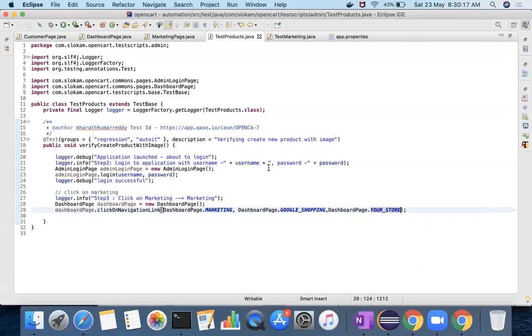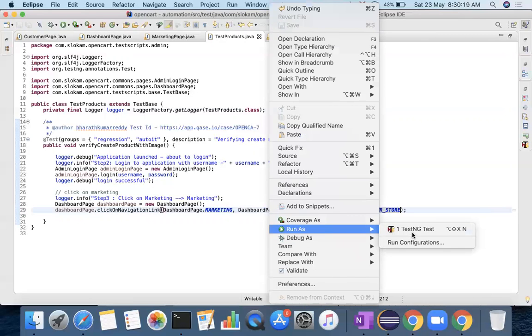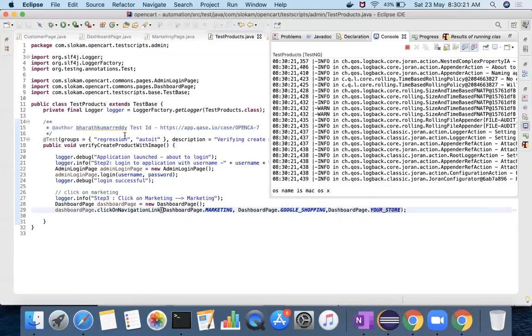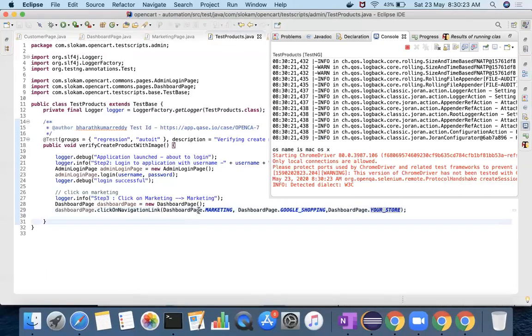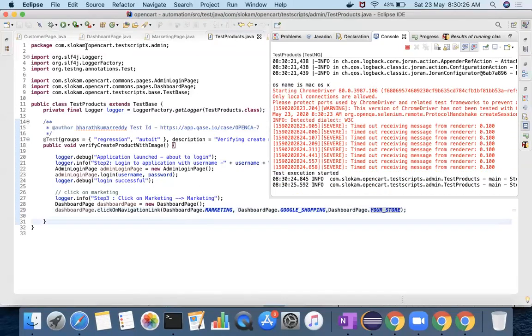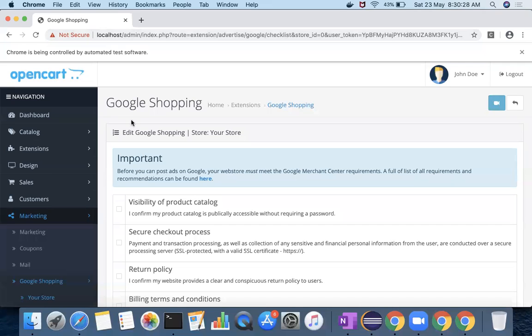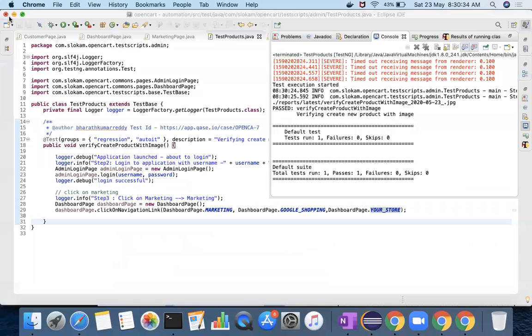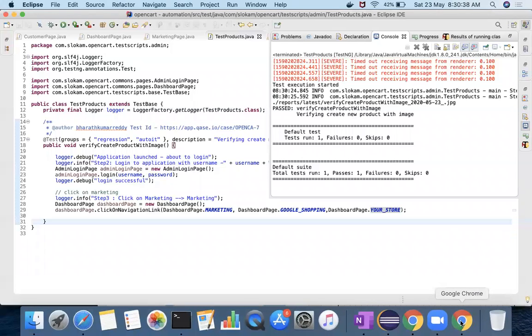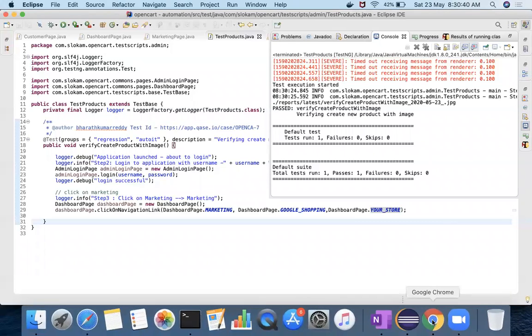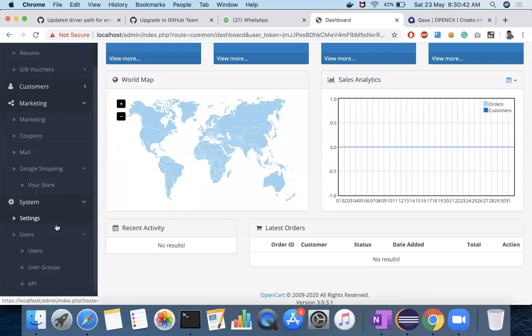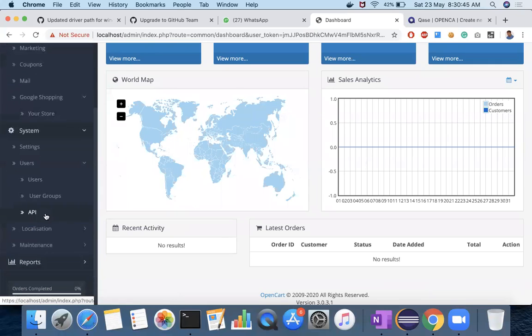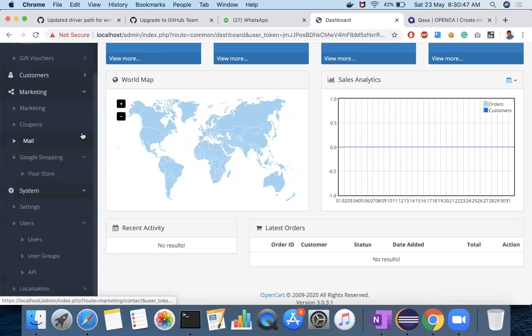Now, if I run this program, I can see this. Whoever comes and tries to see your store, it clicks on your store. And whoever comes to this framework and wants to do the navigations, what they simply want to do, let's say, is go to the coupons.